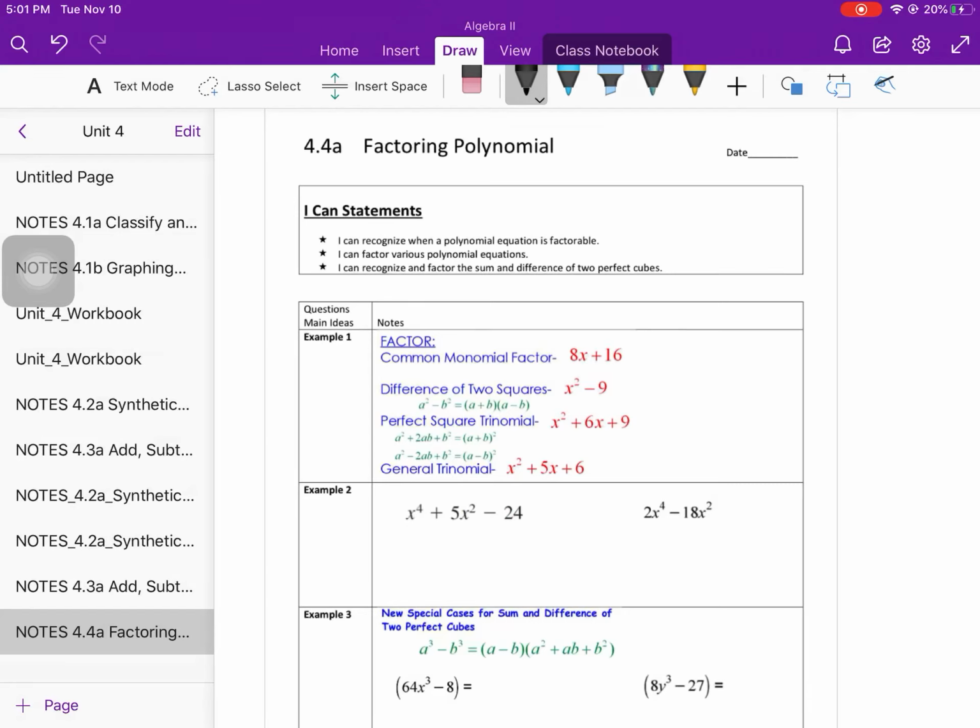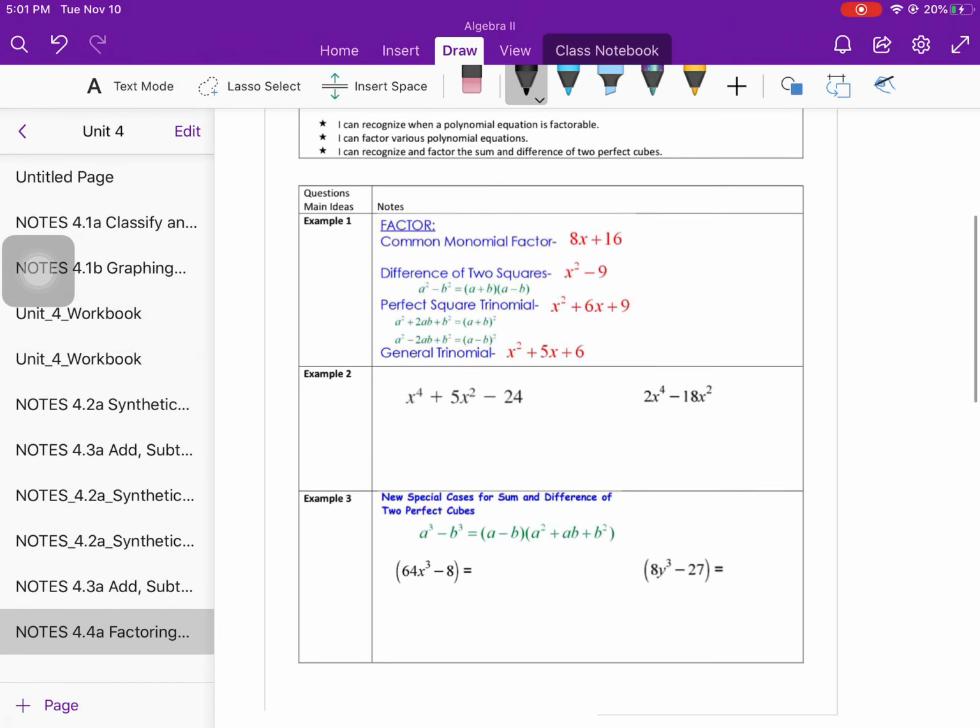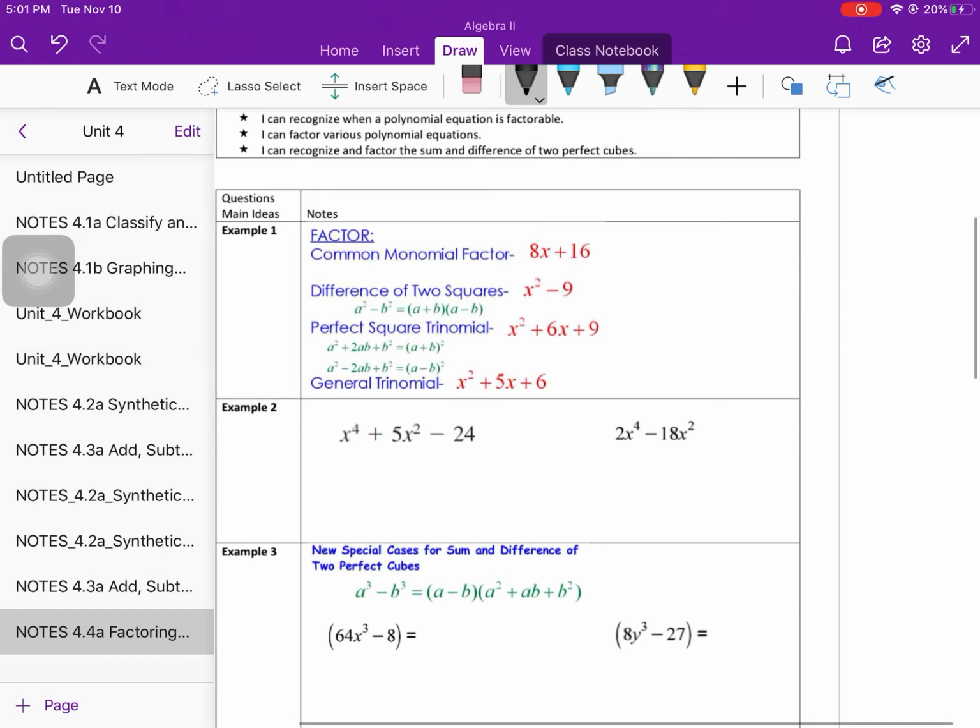Hey guys, welcome to Unit 4, Section 4A, which is factoring polynomials. Now you're going to recognize a lot of the factoring techniques that we talked about in the last unit, but when we're factoring polynomials, we have higher degree polynomials than what we had before, because usually we were just working